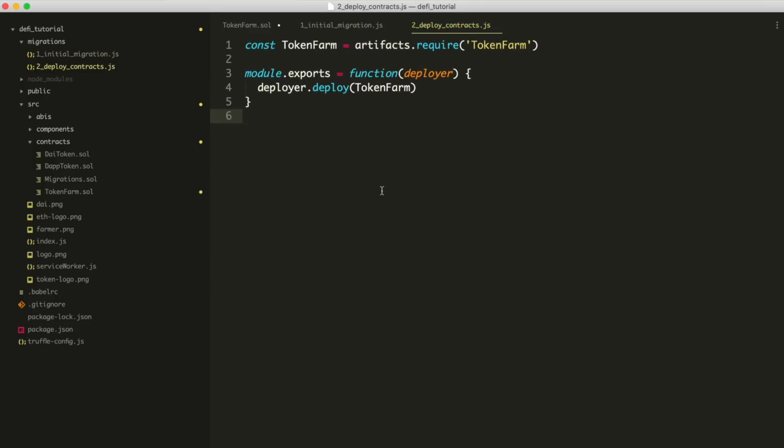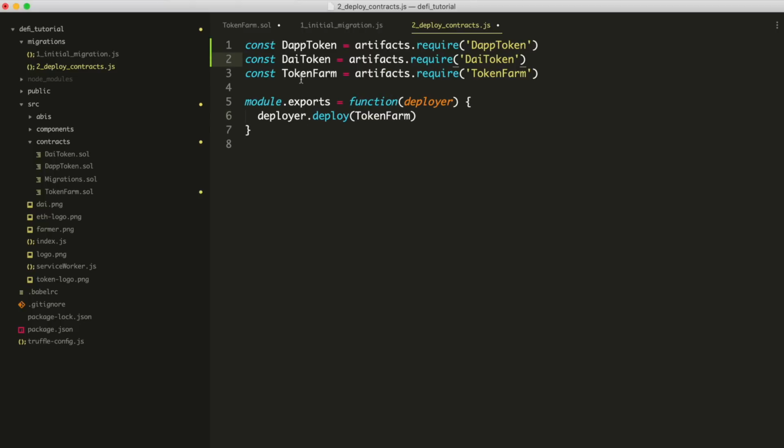So this deploy contract step, we actually want to put the DAI token and Dapp token smart contracts on the network, okay? We will do that like this. First and foremost, we will import the new tokens. So just above this, we'll put these lines in here. So const Dapp token, and then DAI token, and then that. So it's the same thing as this line right here, just change the names to match the new smart contracts,